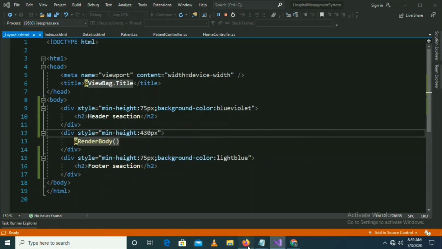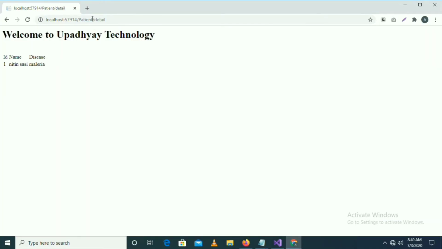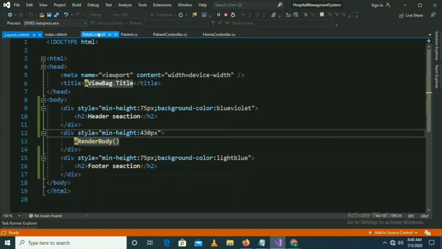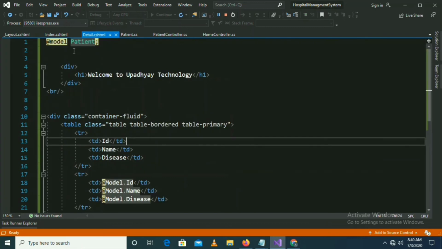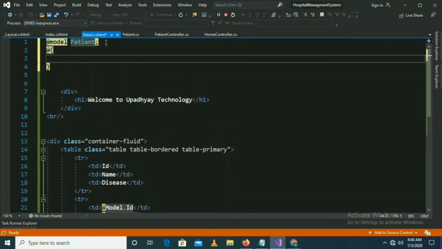Now I am just navigating to patient detail. Here I haven't used layout, that's why it is coming like that. Now let us use layout for this view also. For this, what I am doing is the same thing, just writing Layout and here the name of my layout.